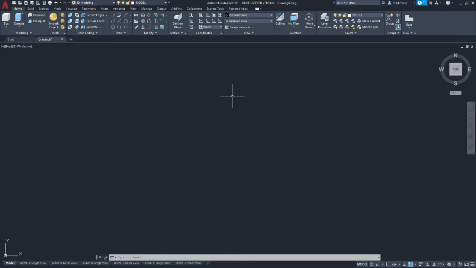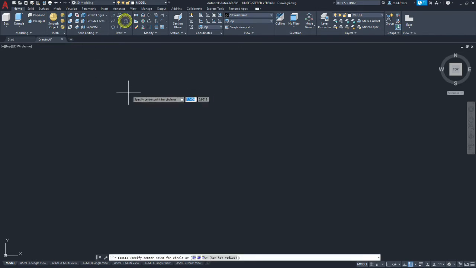So we're going to go to AutoCAD. You're going to have an empty file, and you're going to be in model space. We're going to set the coordinate system to world, and then start off in the top view. We're going to be working in inches in this one. I'm just going to guesstimate some numbers. You don't have to use the exact numbers I use, as long as you're relatively close.